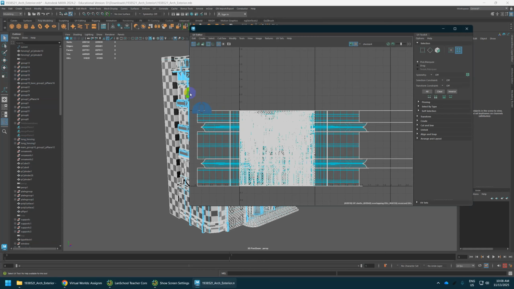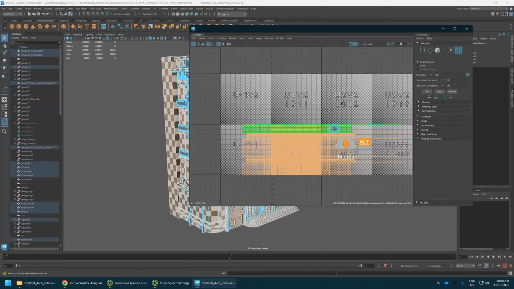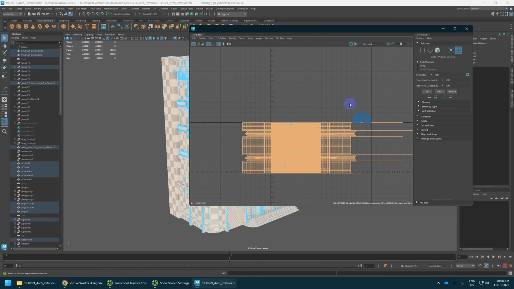I would suggest just making sure that the UVs are a relatively consistent scale. So I'll just select all the shells, and we can just do a very basic layout. I'm not, again, super picky about,